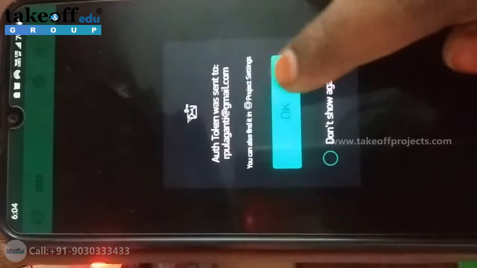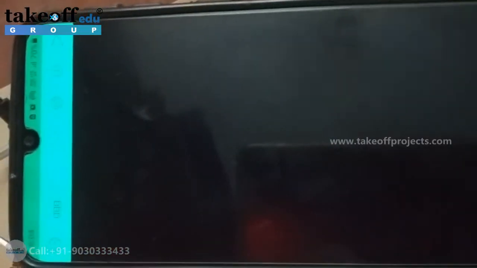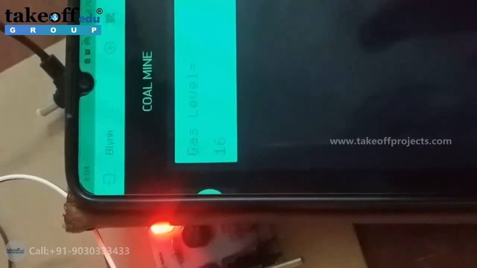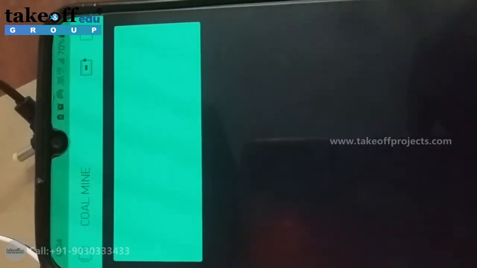One authentication token will be sent to the registered mail ID, so that we have to place that authentication in the code and dump it. For this project I have already created one project ID, and I have the authentication code and have mentioned that in the program.